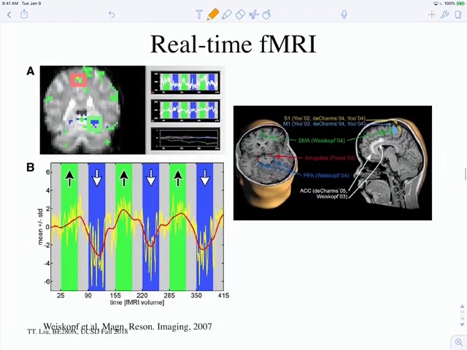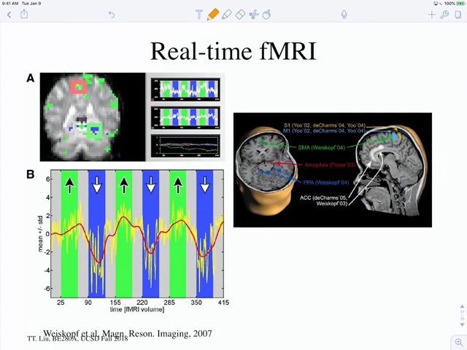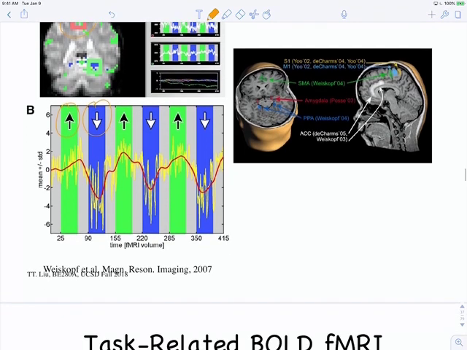But it turns out that if you show people the signal in their brain, and in this case they were showing them the signal from this part of their brain, and then they were told to make the signal go up or down, then just the way you learn anything, if you're given feedback, you can actually figure out how to modulate the signal in your brain. Okay? So people have been trying this for the last 10 years, and one of the group projects will go into more depth on this. Okay, are there any questions before we leave